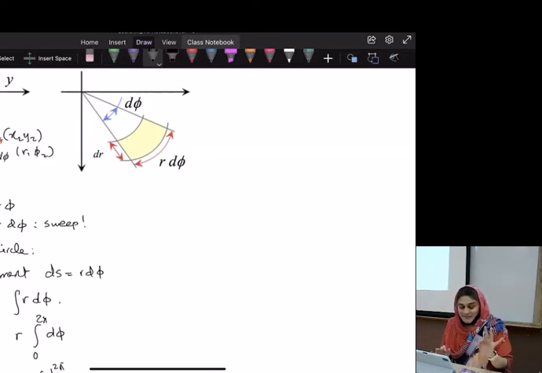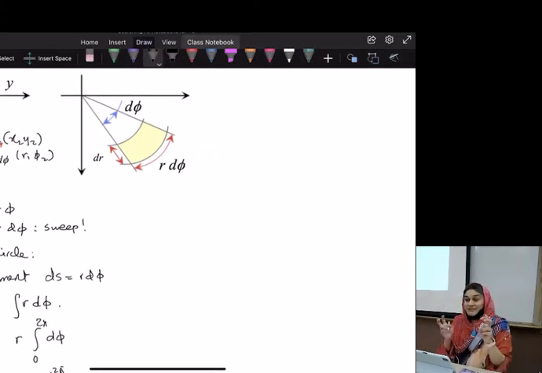In this case, we are going to have two different things. Obviously it's going to do a sweep, right? But it also has to sweep the entire radius, does it not? From 0 to R. So now instead of having the surface element, we are going to have the area element. And I'll show you how that works. So our area element,